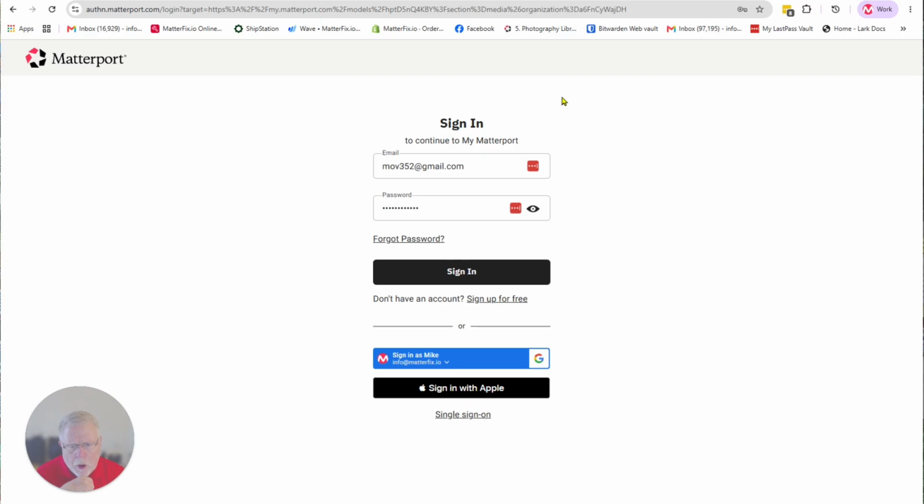We had scanned that small office space, and what we're going to do now is log into our Matterport cloud account. You go to mymatterport.com and enter the credentials that you set up when you set your account up. If you're setting accounts up nowadays, it has to be a pro level account, and I believe a Pro 20 is the least expensive plan, and I think that is $68 a month for 20 active spaces. So anyway, I went to mymatterport.com. I've got my credentials in here. You click sign in,